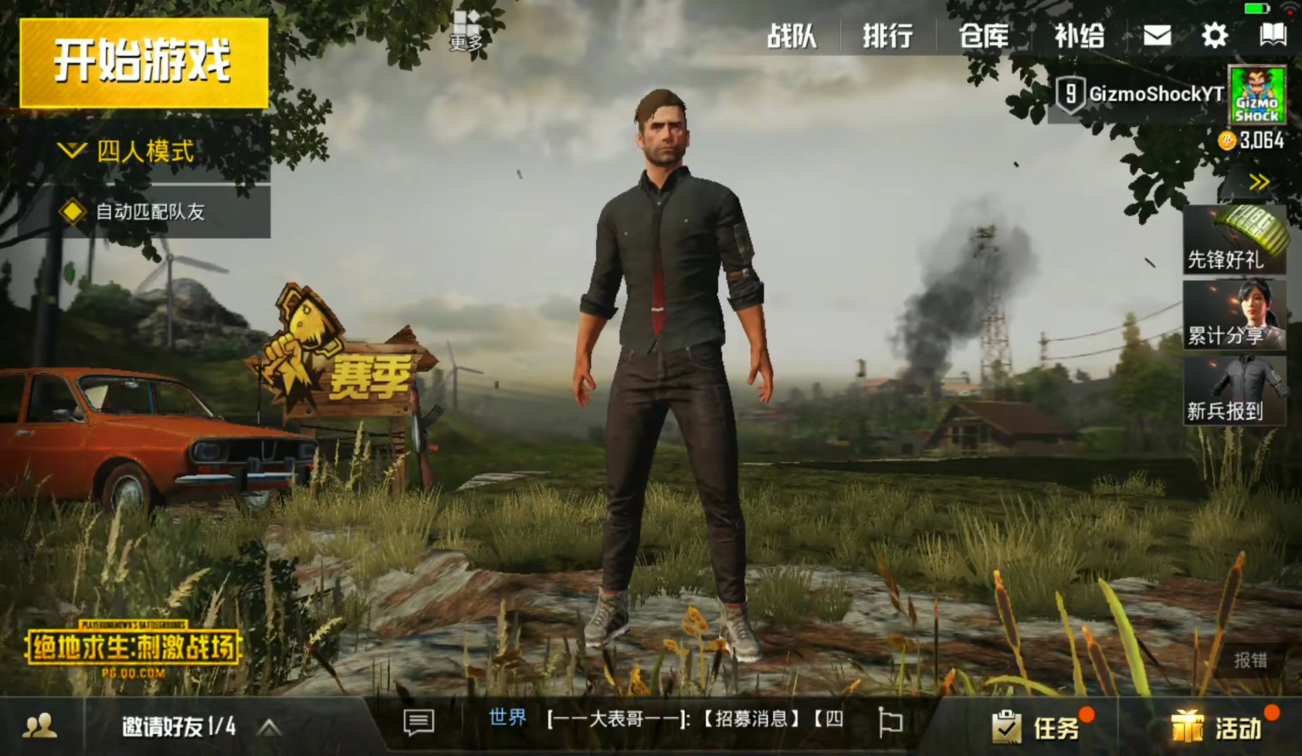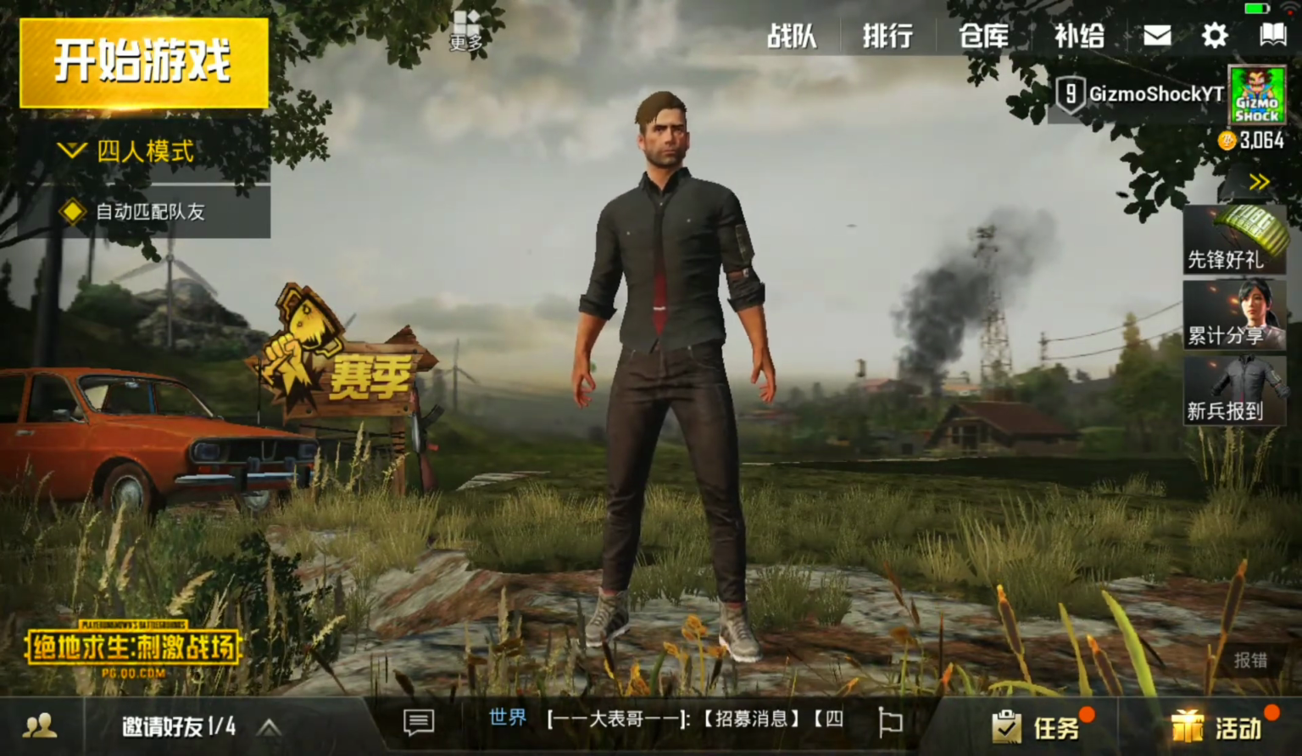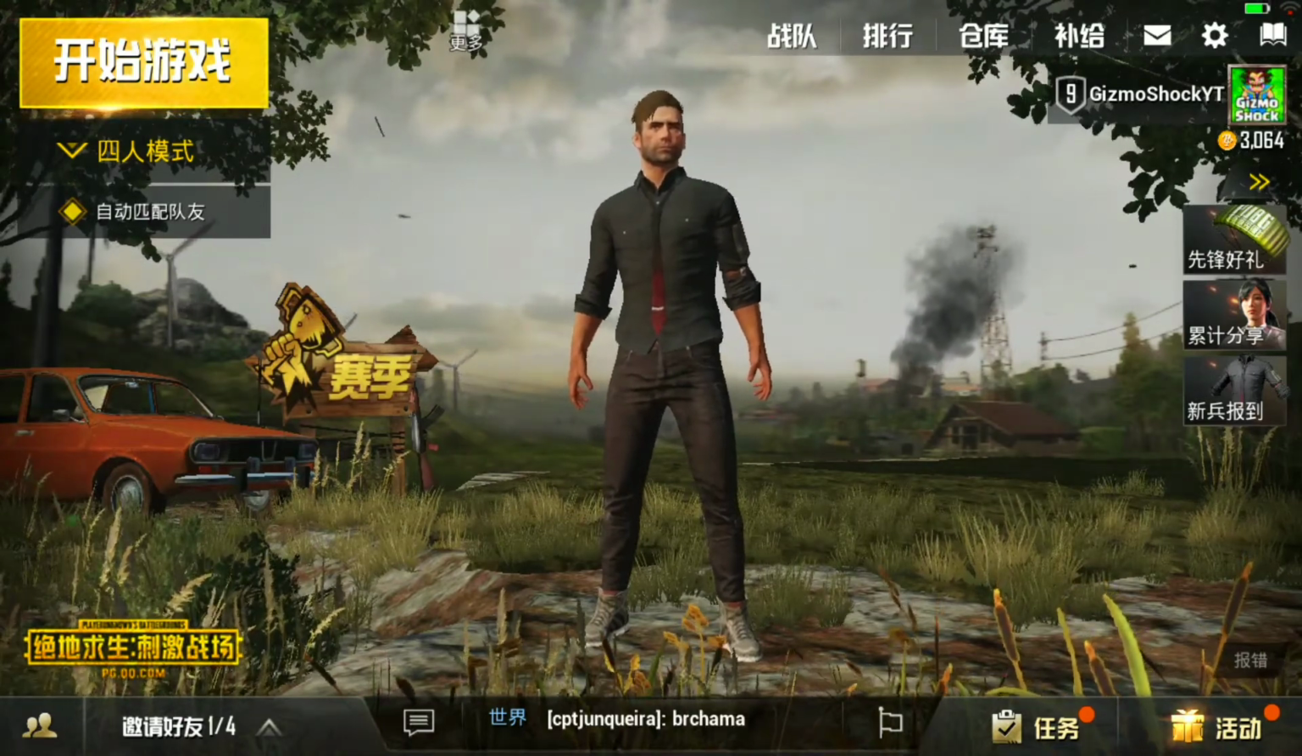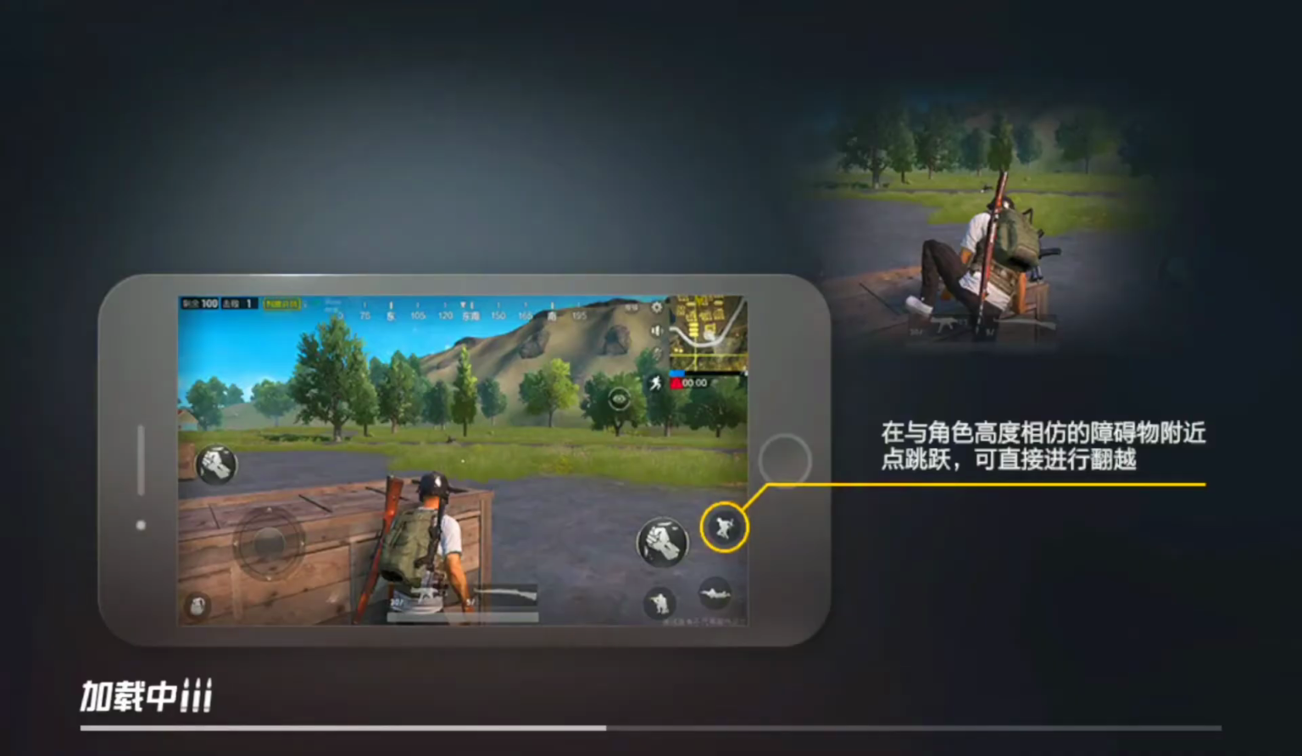My name's GizmoShock, and the screen's gonna look a little different to you guys. So today, we're in the mobile version of PUBG, guys. That's right, it has been successfully ported over to mobile. Now, the version that you guys see on screen right now is brought by Lightspeed. They're the developers of the one that I'm currently playing, the one that you're gonna see the gameplay in this